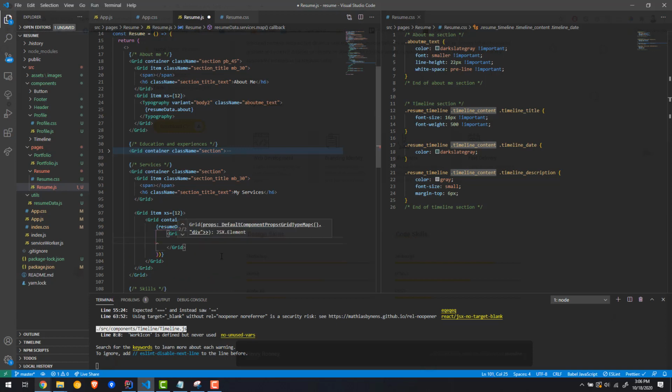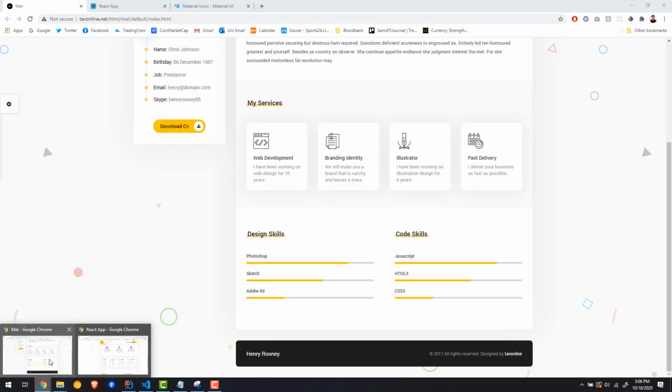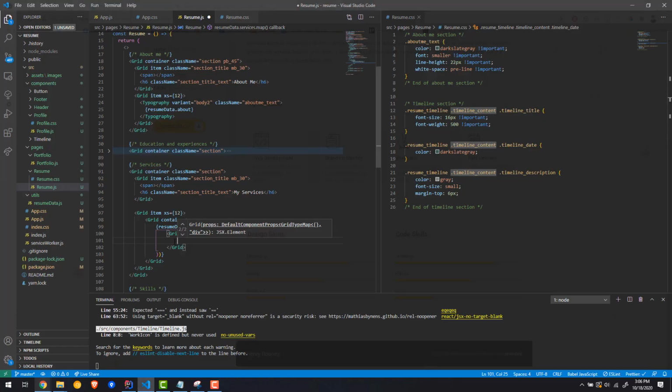So for every service, we're going to give it a grid item, and inside the grid item, I'm going to use, let me think, give me a second. We can have a div. Okay, let's give this a class name of services, right? Services, or maybe service, because this is an individual service, right? So service, and then in there,